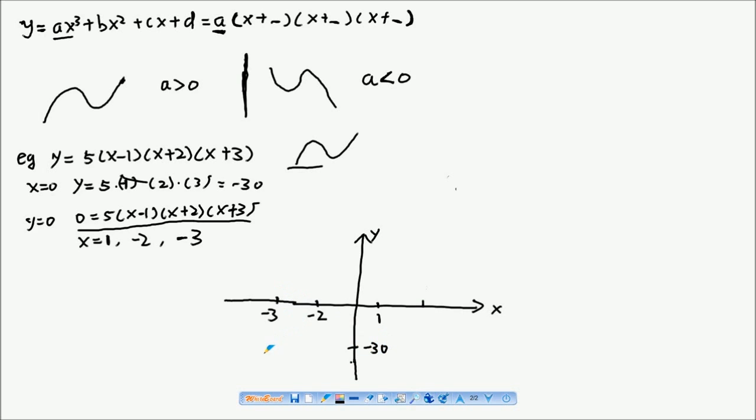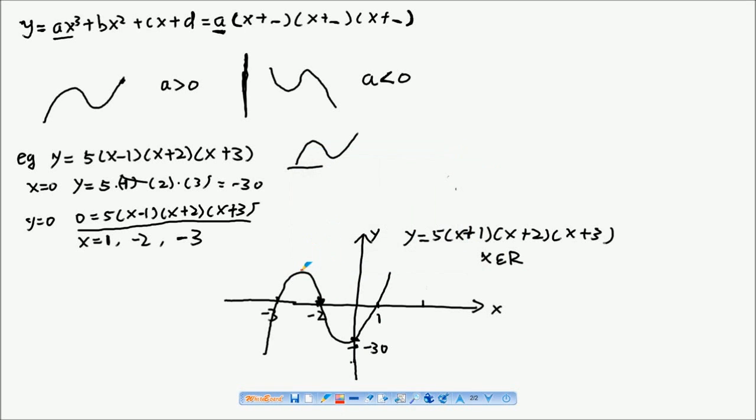Okay, now we can sketch the graph. The graph would be something like this. Okay, and our y-intercept is minus 30, and that's it. That's how we sketch a graph. And the domain is x belongs to R. Okay. And as you can see from the graph we sketched,